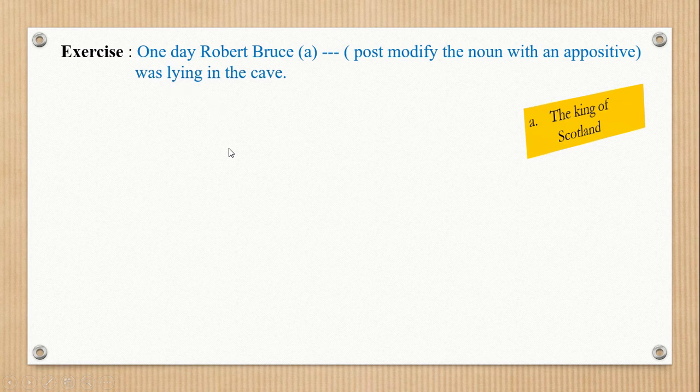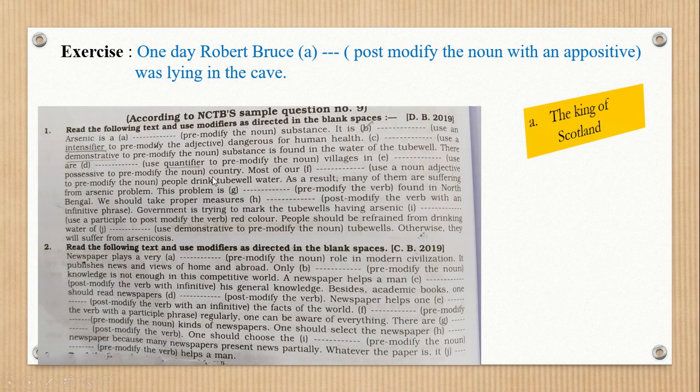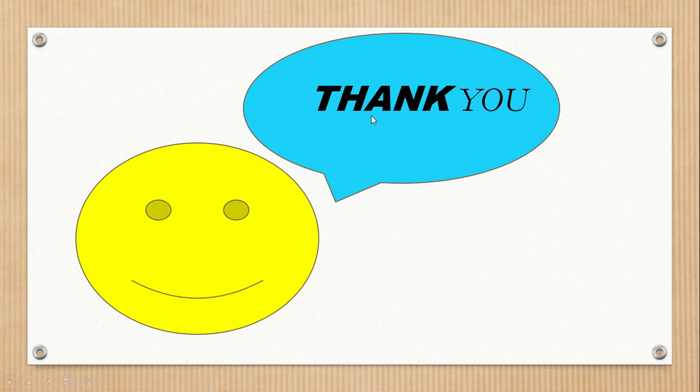Dear students, we have discussed all the rules of modifiers. Now it's time to do the exercise. There will be a homework for you that you have to complete 2 exercises from your advanced learner book. If you don't have the book, then follow this photo. You can do the exercise from here also. And after seeing this class, within 2 days you must submit the copy. Until then, thank you and goodbye.